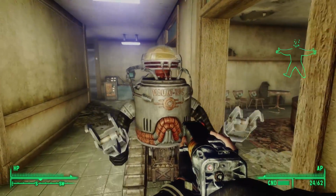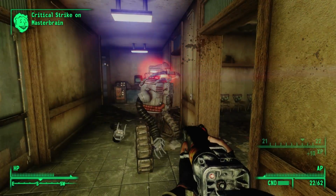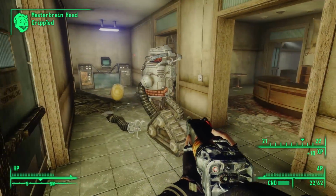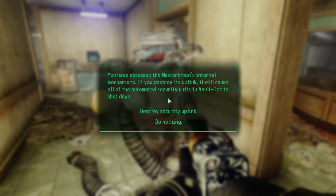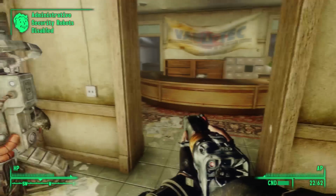Just a few shots from my Master Blaster did the trick. With the Master Brain destroyed, we can activate the wreckage to access the Master Brain's internal mechanisms. If we destroy its uplink, it'll cause all of the automated security units in Vault-Tec to shut down. We can do nothing or destroy the security uplink. With the Master Brain destroyed and all of the robots turned off, we can now explore the